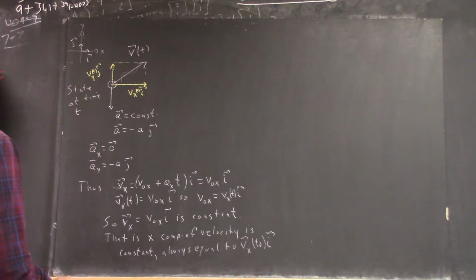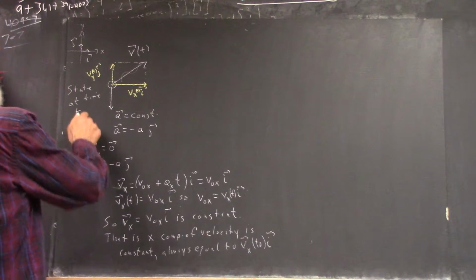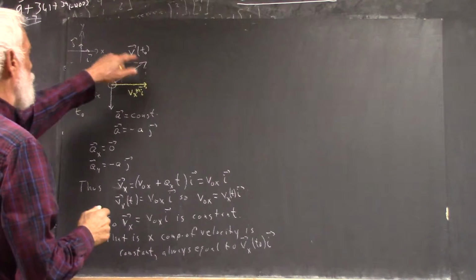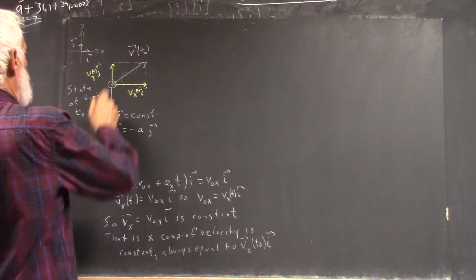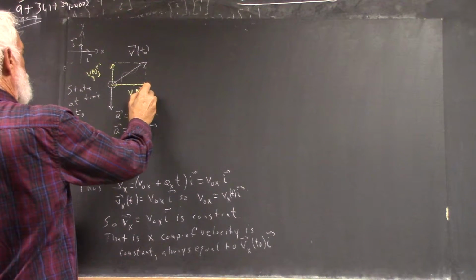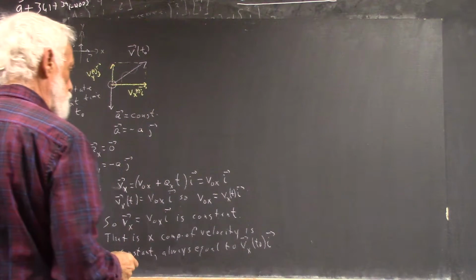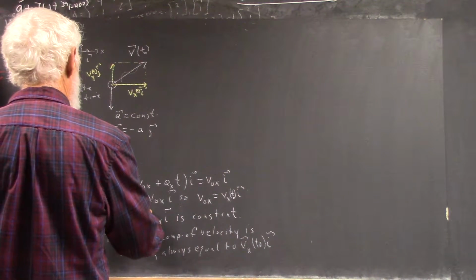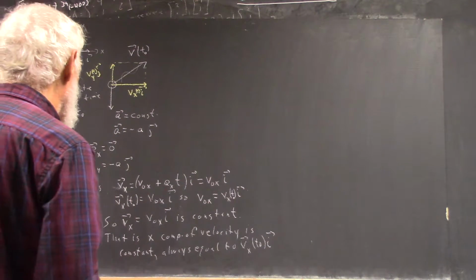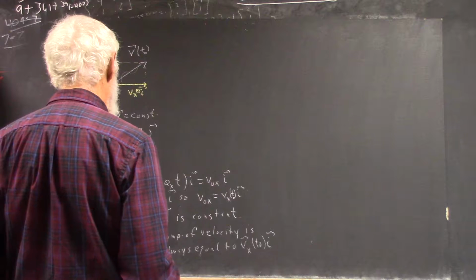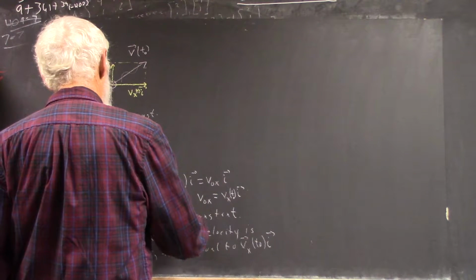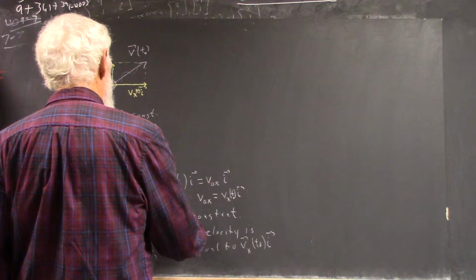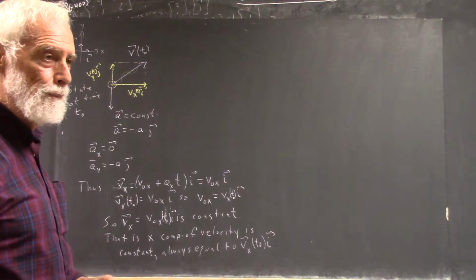I want t to be a variable. So I'm going to call this v of t naught, and all these t's have a 0 on them too. I'll put a 0 on this one. And I probably should have. Now that's just a formal way of saying,